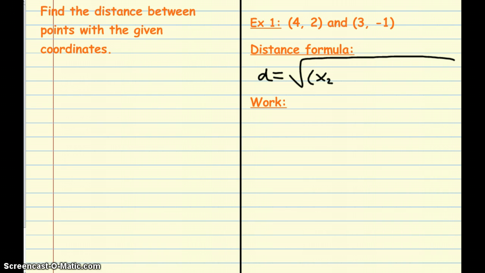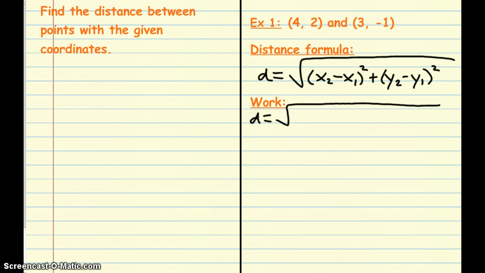So it's the x from the second point minus the x from the first point squared, plus the difference of the two y coordinates squared. So in taking a look at our coordinate pairs up here, it doesn't really matter which one you consider the first one and which one you consider the second one. You just need to make sure that you are putting it all in the same order. So d equals,